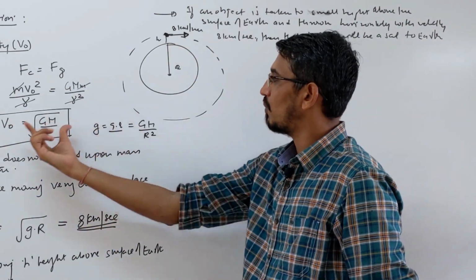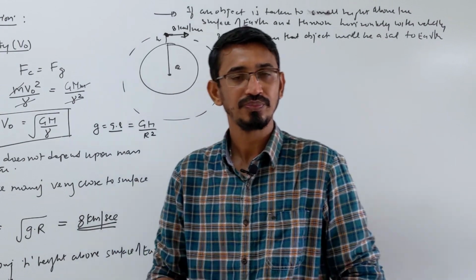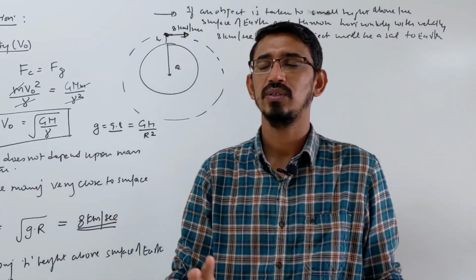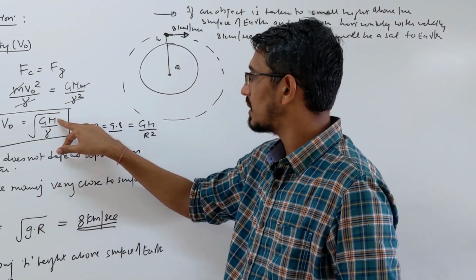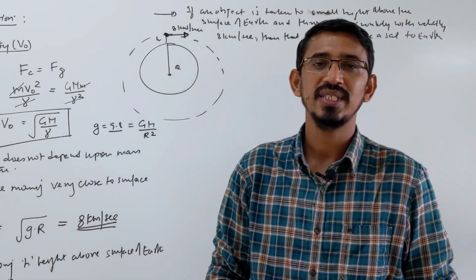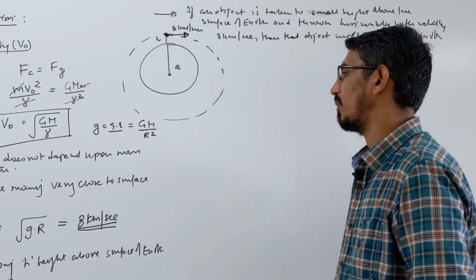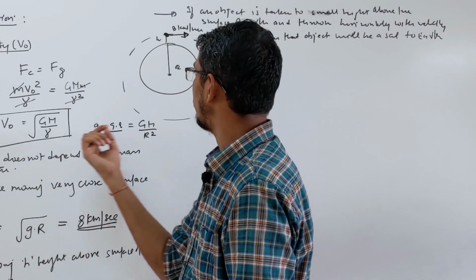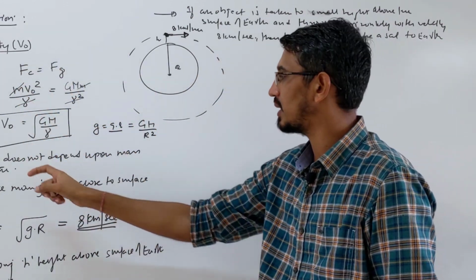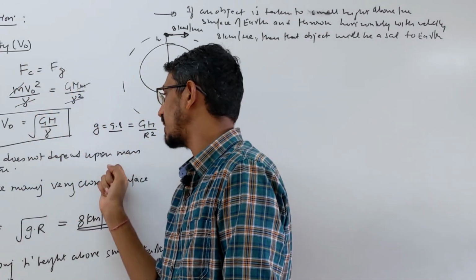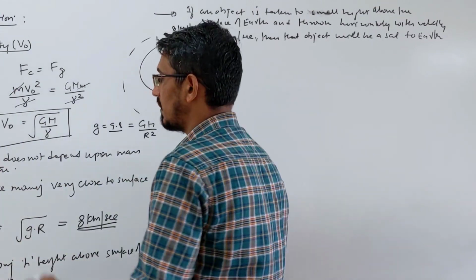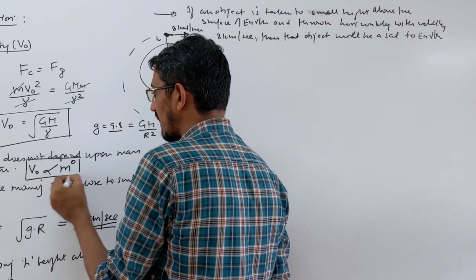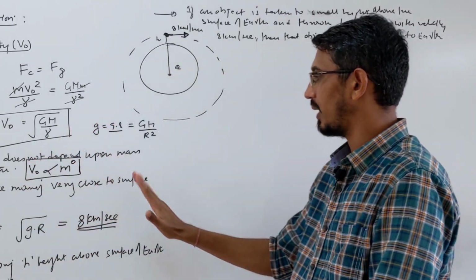Okay. Sometimes this formula can be asked in terms of density also. They say two satellites having same density, or two masses or two planets having same density. So this term you have to remove here and you have to bring this in terms of density, okay, mass by volume, okay. So this is the first thing, orbital velocity, at what speed the planets are moving. And what is very important here, this point, that orbital velocity does not depend on the mass of the satellite. This V naught does not depend upon mass, means m power 0. This was asked in our exam 2 times, this small sentence, okay, keep it.